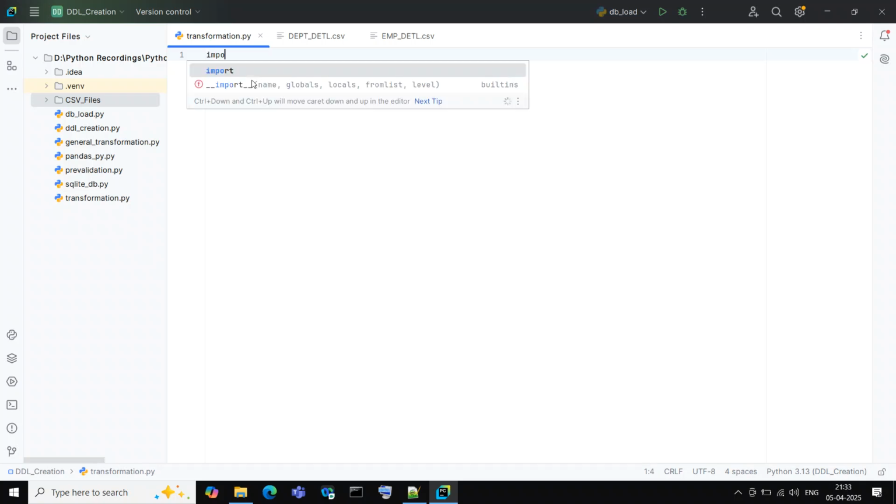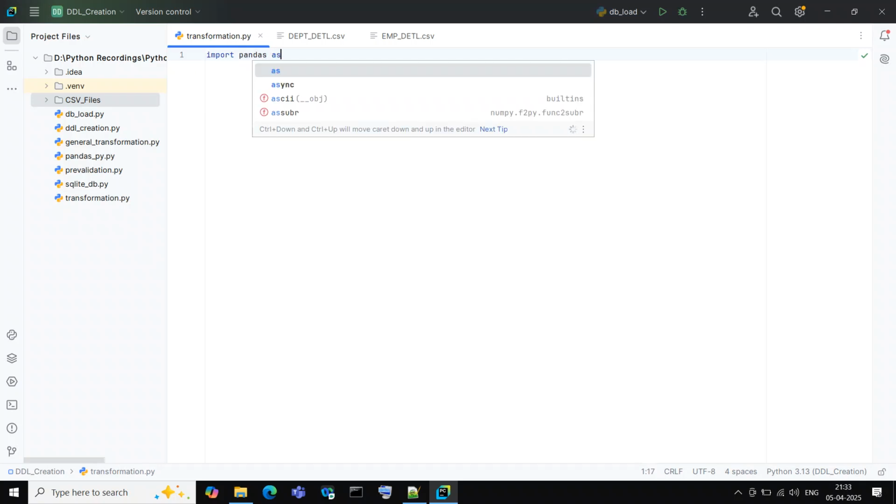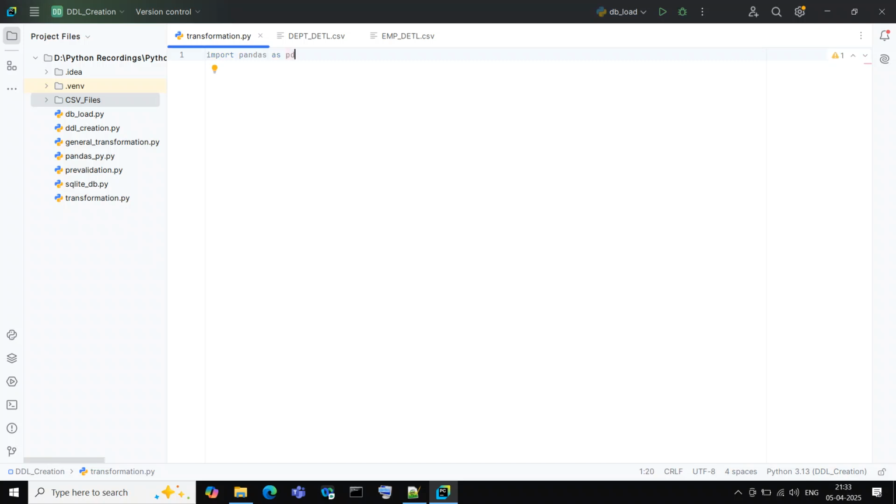So import pandas as pd. Like in all the processes from my last classes, as I mentioned, we are working on the pandas data frame for the data science activities or data engineering activities. So here I am importing that library, and after that we need to follow the rules and regulations, meaning coding standards in IT terms. So I'm creating the